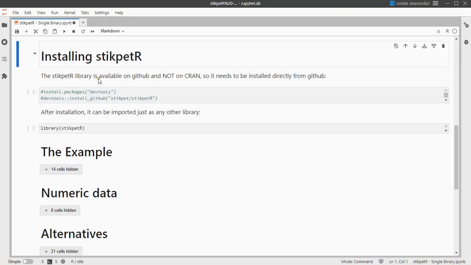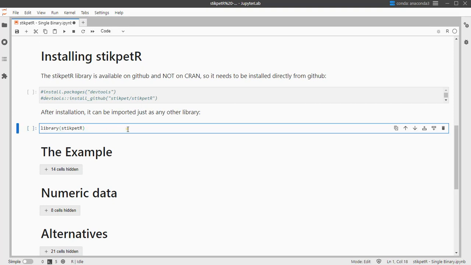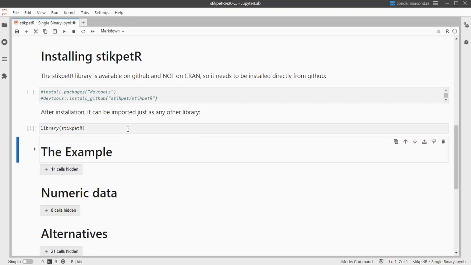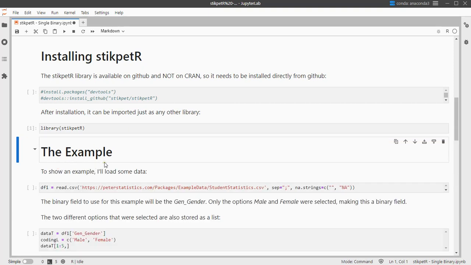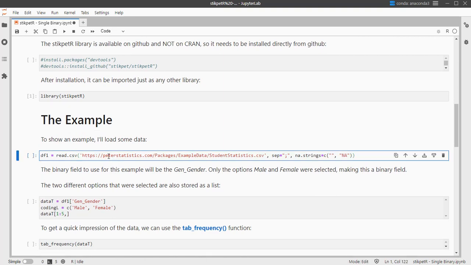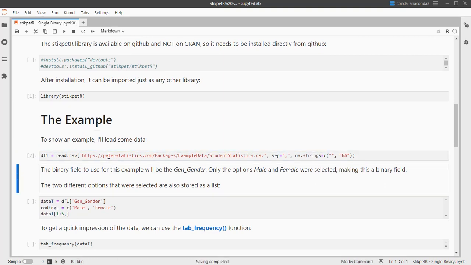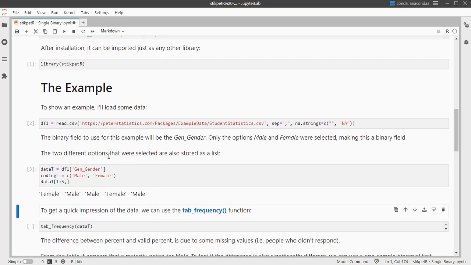My library isn't available on CRAN, so in order to install it you will need to install it over GitHub. You will need devtools for that, and then you can run this. I have of course already done that, so I'm just going to load my library in. And of course I'll need an example. My example data is also available on my website, so I can just download it from there. We need only one field of that, and I'm going to be using the gender. In this case people only opted for male or female, so I'm also going to code those as male and